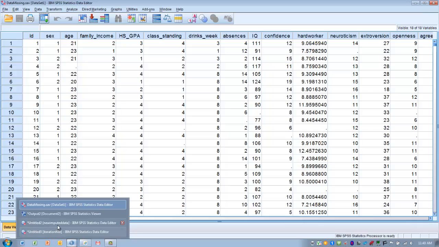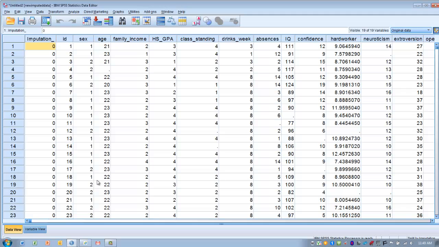So let's click on new imputed data. And what you'll notice is there are several differences in the data editor in this file compared to what we saw in the original data. And 3 things stand out. The missing values that we see here, and we're going to see the new variable on the far left side called imputation. And this identifies whether the data was the original data and which imputation it is. So again, 0 represents the original data, and then a 1 would represent the first imputation, what the data looked like in the first imputation, and then the second imputation, and so on. And then the third thing we can look at is a little cube here that is yellow and white,